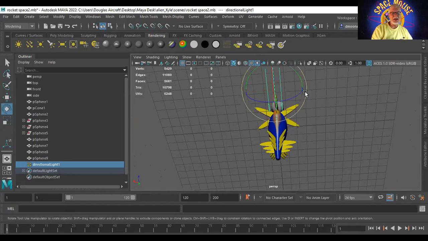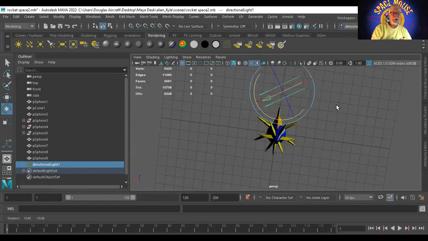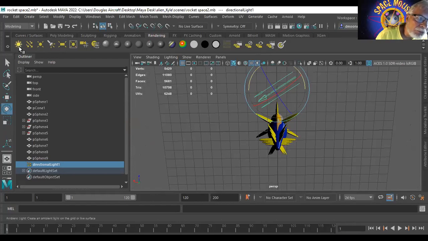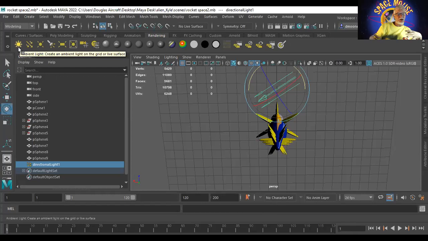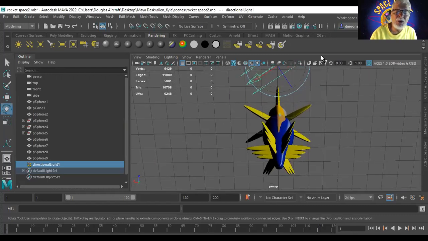And if I go E, I can rotate this light and give it a bit of an angle, a dramatic effect. Now, if this was out in space, we wouldn't have any ambient light, which is this one. Ambient light is the light that bounces off of things. But in the Star Trek series, in the Star Trek movies, they normally had the ship around a planet. So they'd have a little ambient light because the light would be coming off the planet or off the sun to light this. Because if I rendered this here,